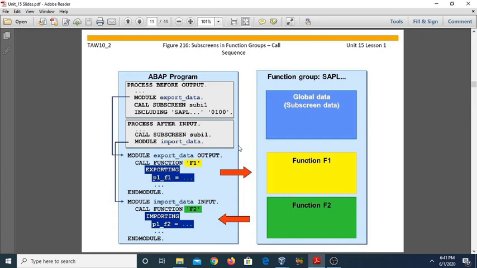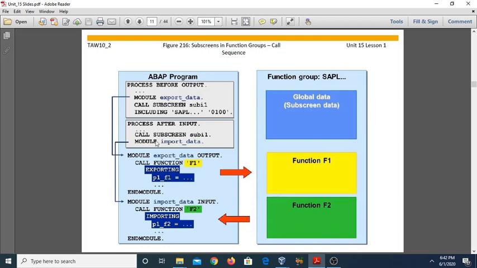You can see there, you should use a module prior to the subscreen call to exchange the data between the calling program and the function group. So a function module is called for this purpose. We are calling here the function module, and it must be called before the screen so that the data is known to the particular function group.